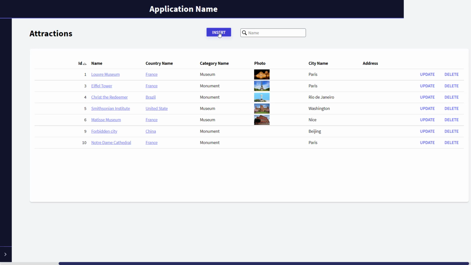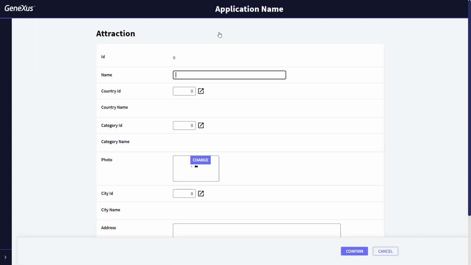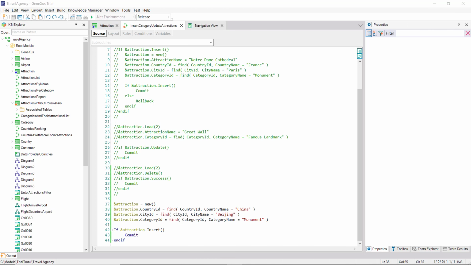If we had done this through the transaction, the user would have received the message we specified in the error rule. Where was that message when we tried to insert it through the business component? The transaction has a screen to show errors to the user, but the business component does not. Consequently, error handling is also left to the developer. How do we obtain them?